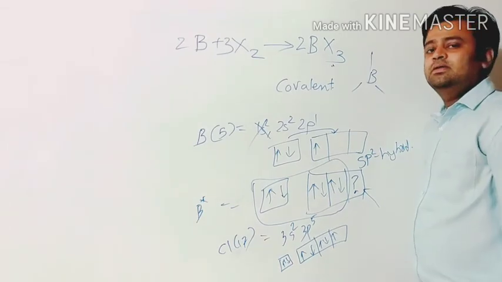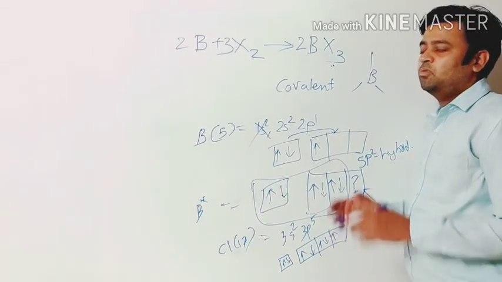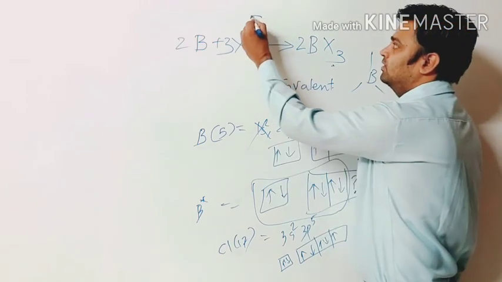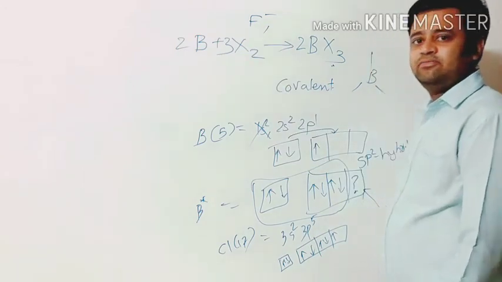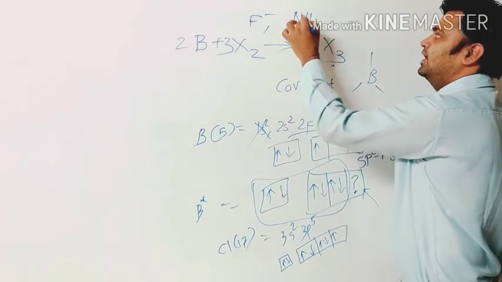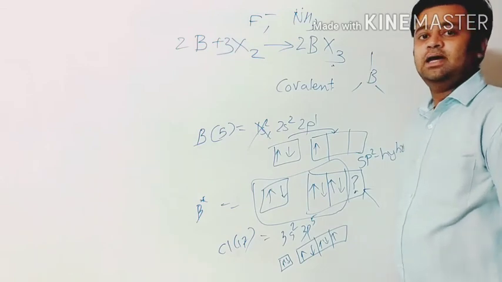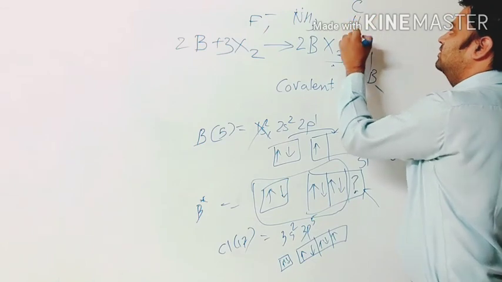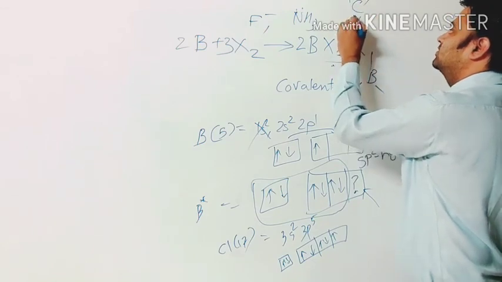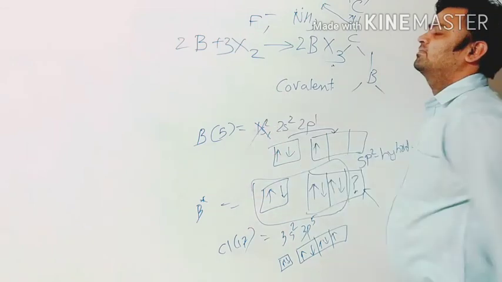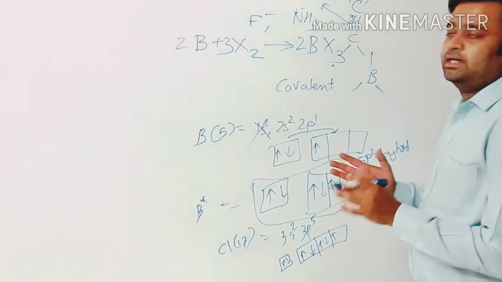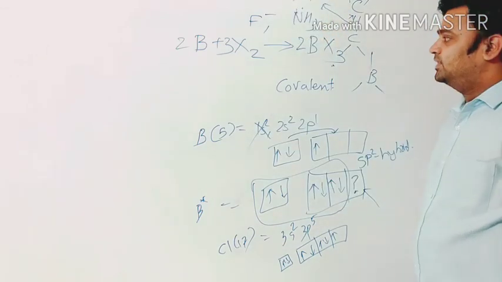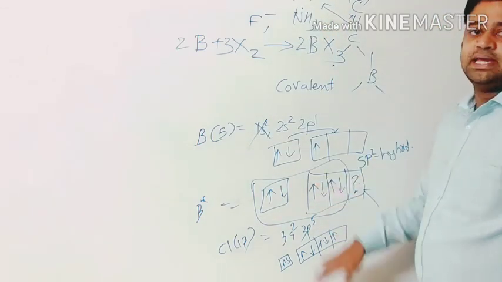Hence, boron family elements can form compounds with anions like F minus, NH3, phosphine, arsine, etc., which have an extra pair of electrons. Sometimes even with pi electrons, which are loosely held, they can also donate their electrons to the boron family. That's why they are electron deficient as well as good Lewis acids.